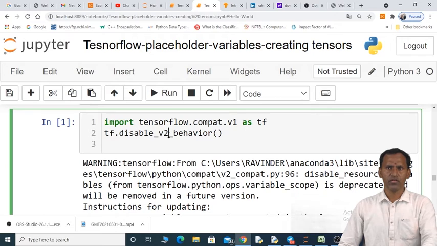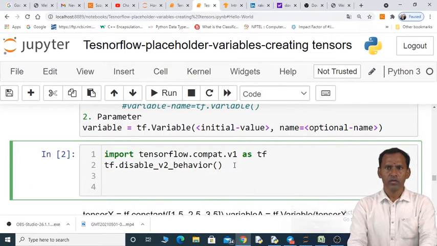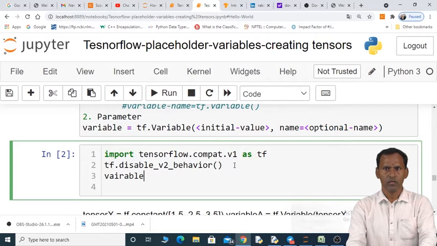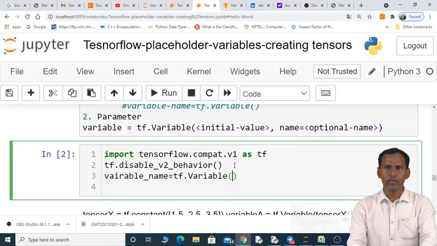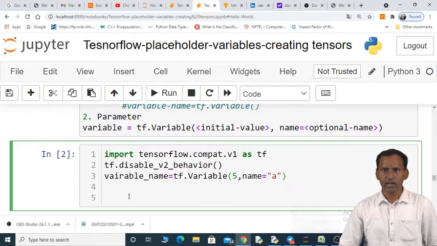I'll give an example on how to create a variable. Variable name is equal to tf dot the Variable class. Here I am giving the initial value 5. The second parameter, the name, is optional. Here I am giving a. Now, this indicates creating a variable.